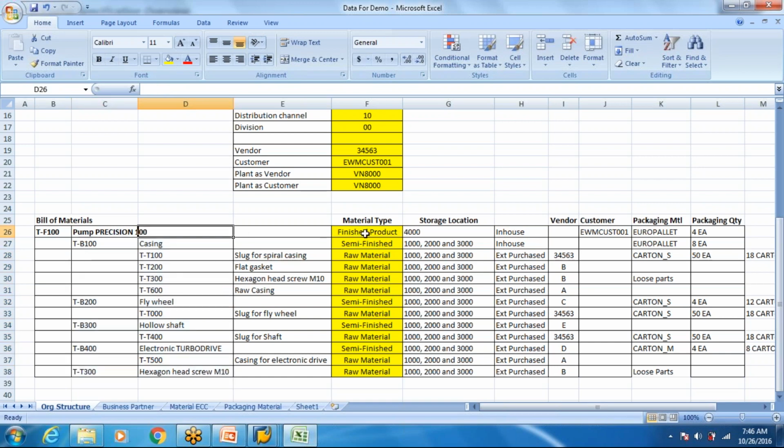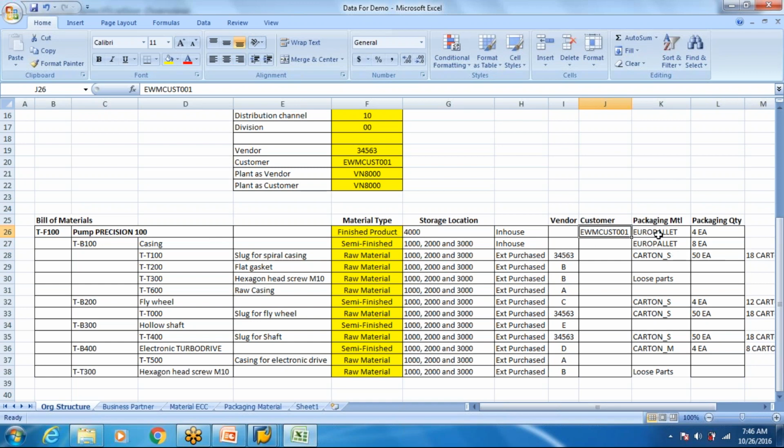A pump is a finished product for us. I have to identify the vendors from where we receive these, so I'm going to create some vendors in the background, the same way we created this. The customer to which this finished product pump is going to be supplied is mentioned over here.